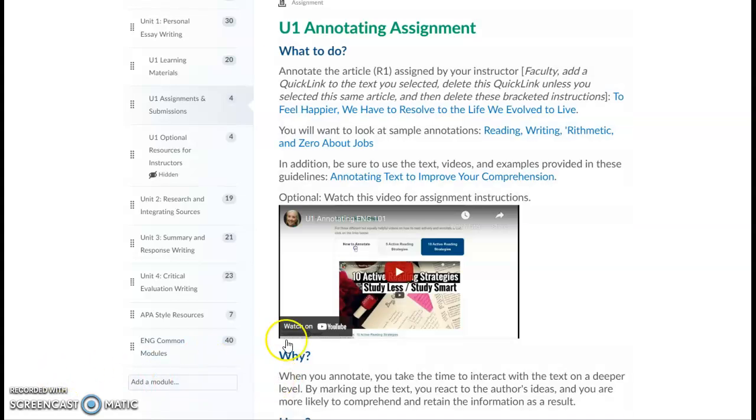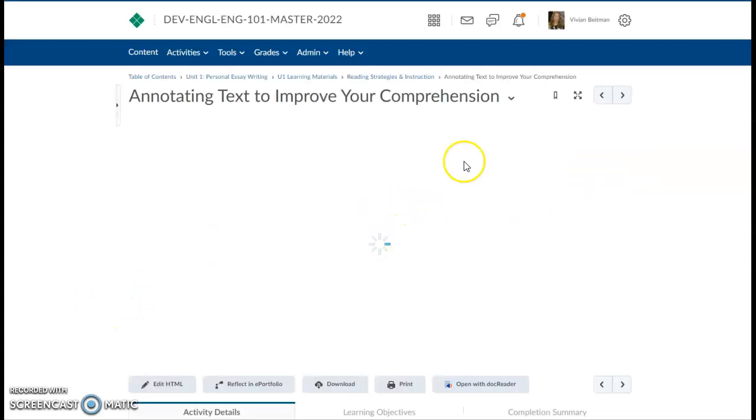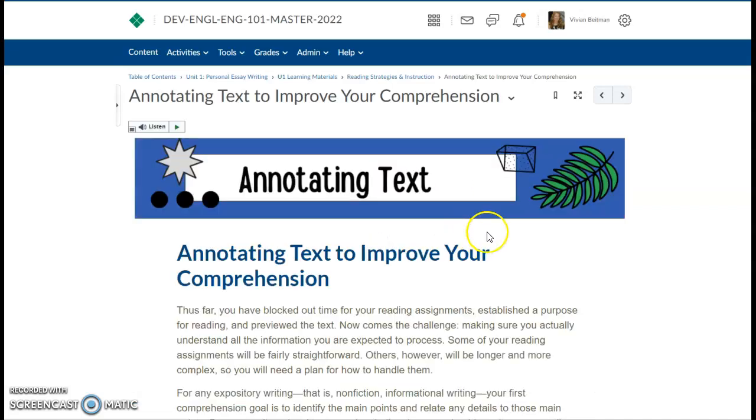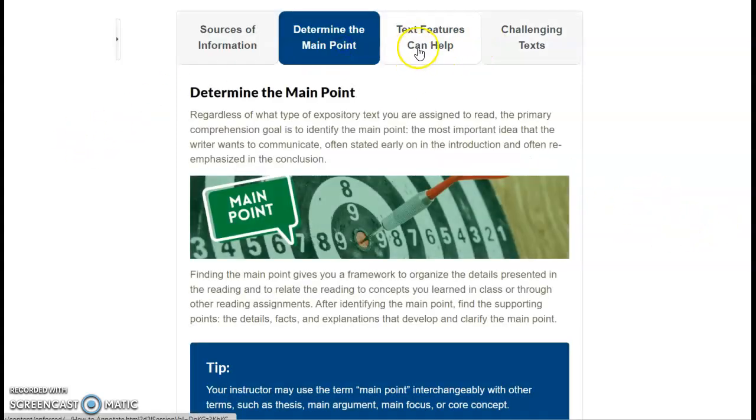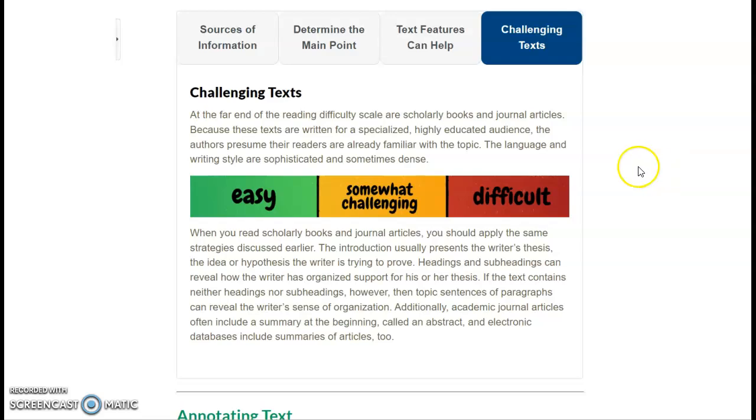There are several different resources within this assignment to help you complete this assignment correctly. If you have not done annotations before on a text, then be sure to read through this learning material, Annotating Text to Improve Your Comprehension. And within this learning material, there are different accordions that you can click through and learn